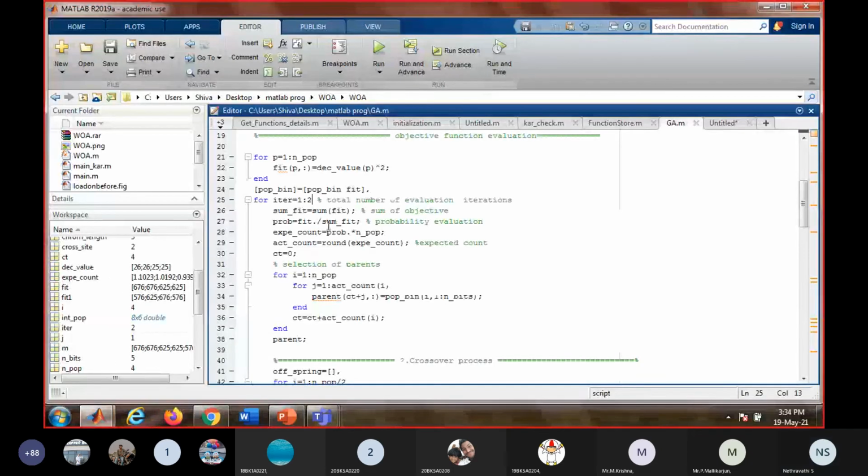We can try increasing it and checking every time at what number of iterations it reaches the optimal solution. You can keep changing this iteration value, run it and check each time.